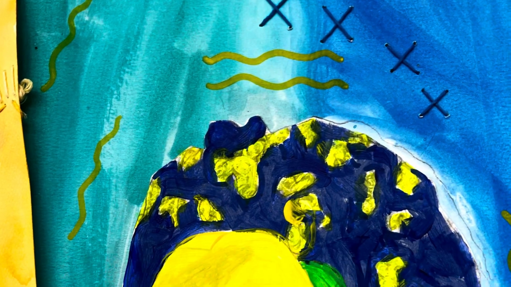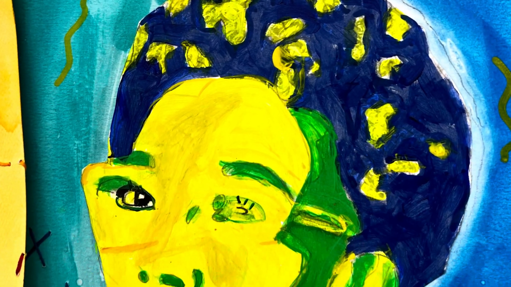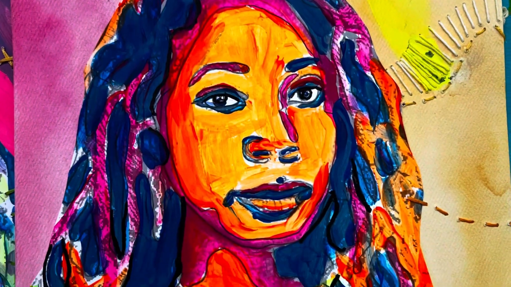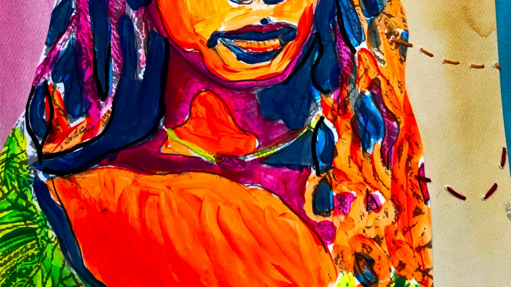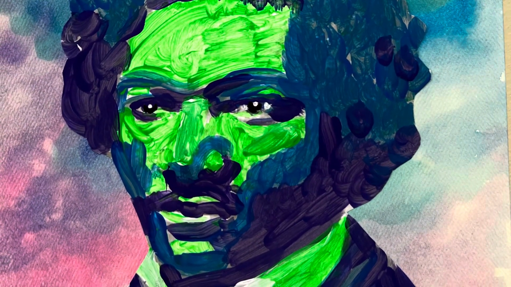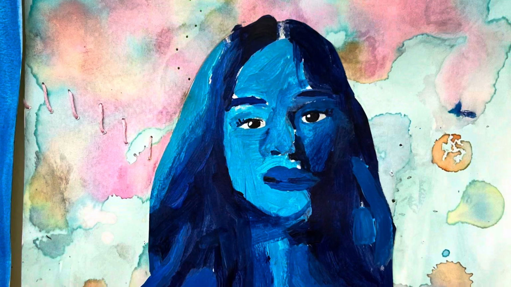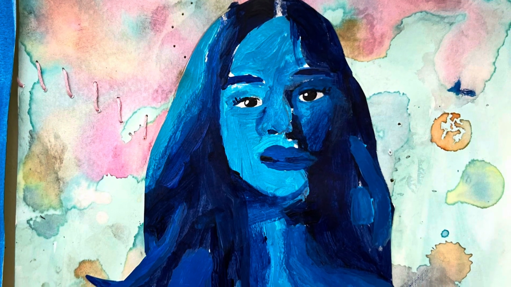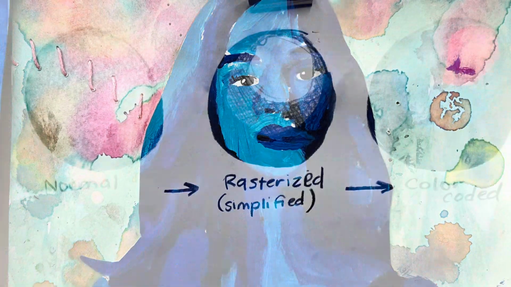This video is to show you a good way to start a project inspired by Bisa Butler. This is a student example. Look at how we can see the features of a face, but they're done with really bright colors. It does abstract the face a little bit, but it also makes it kind of interesting to look at. Sometimes the things we do during this project will make the face look a little bit funny, but you should